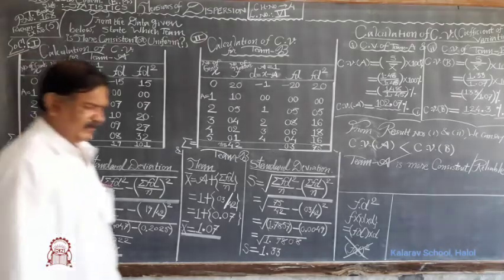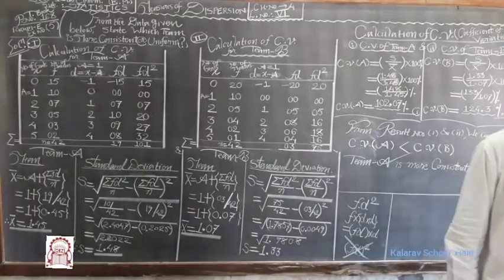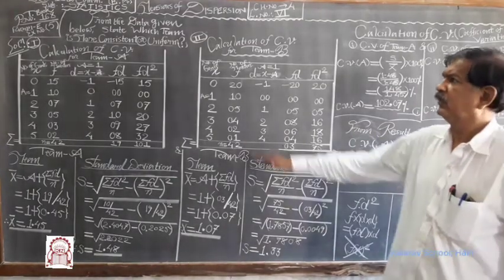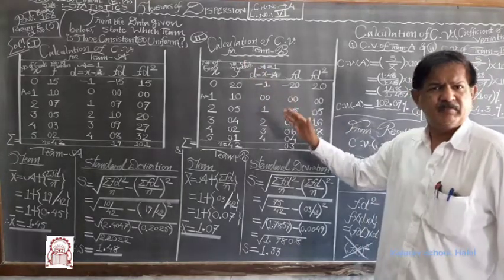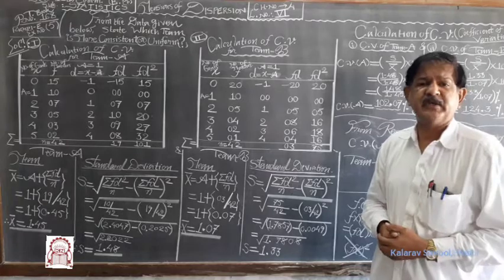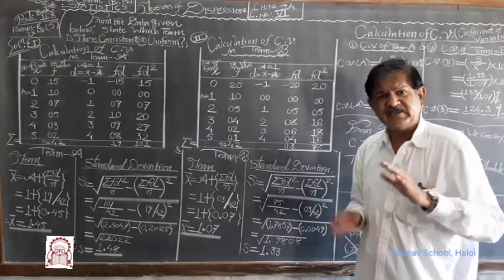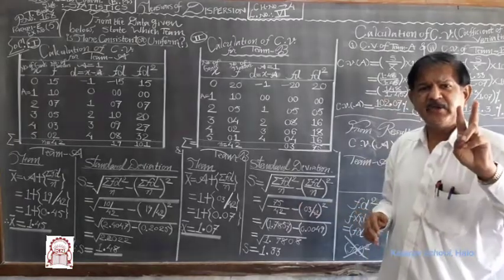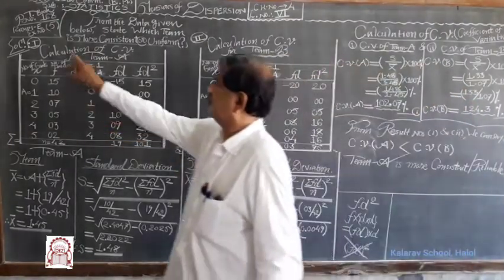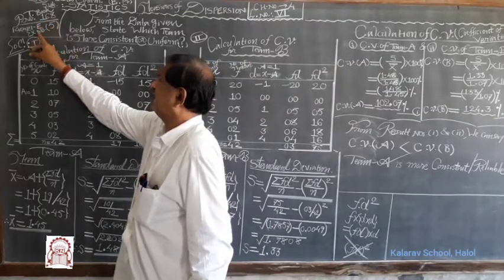Hello, good morning, everyone. Measures of dispersion, chapter number 4, in which today we are going to see SD and CV for discrete type of frequency distribution. Last time we covered player A, player B. In the same way, here is information about two teams in a football season, in our textbook on page number 168, exercise number 4.